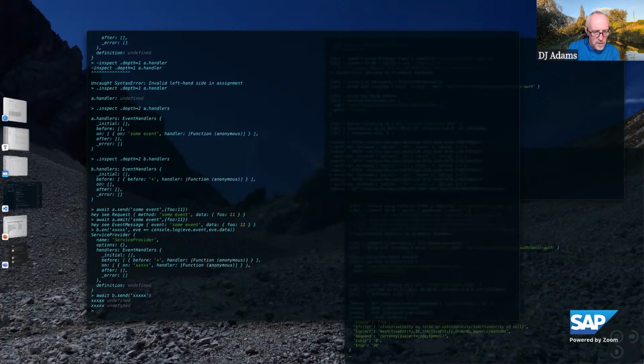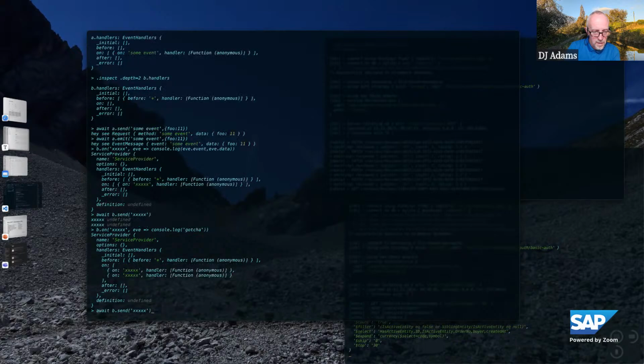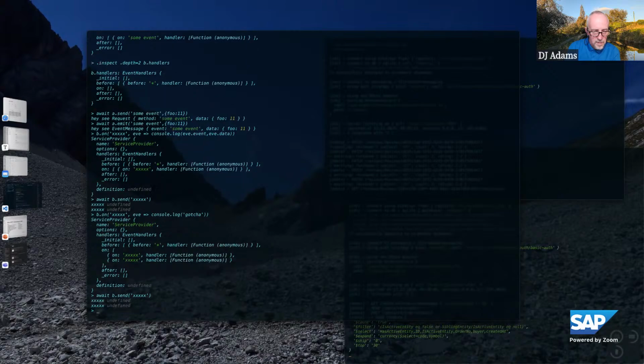B now logs 2 times. And let's add another one. And now log just something like, where's gotcha?